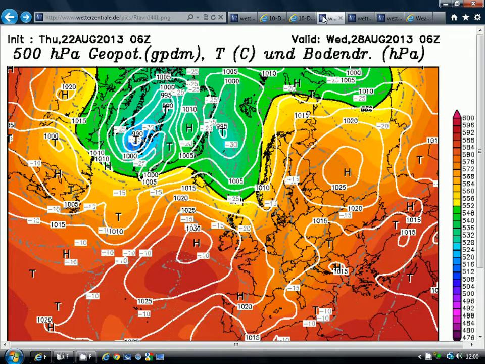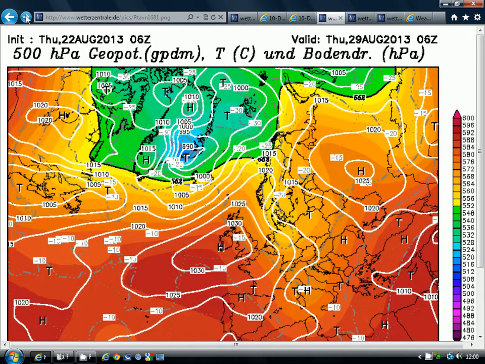So if we have a look at the GFS charts, and this is the chart for Wednesday, first of all, 144 hours away, you can see what's going on. It's basically the same sort of idea that we've had pretty much all of August. We've got the high pressure to the west of the country, but high pressure also to the northeast of the country, and we're bringing in a westerly to northwesterly flow.